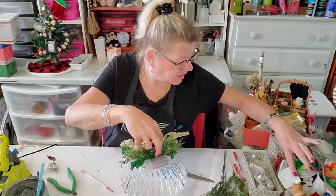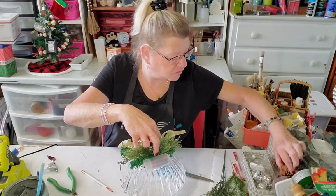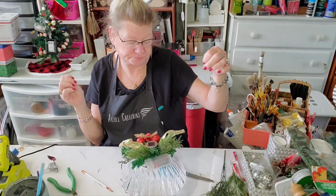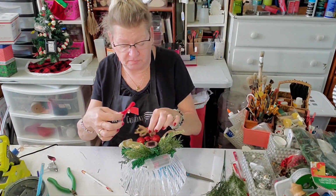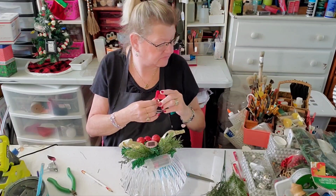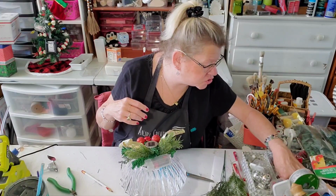And then I had a pine cone or a bell, but I think a pine cone would be pretty. Actually, my pine cone is too big. What about a bow? What about a little red bow? I don't know if I like the idea of the little red bow. Let's see. How about